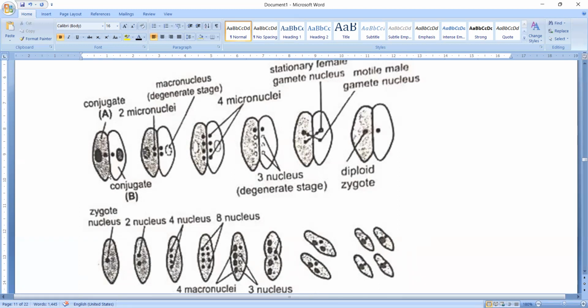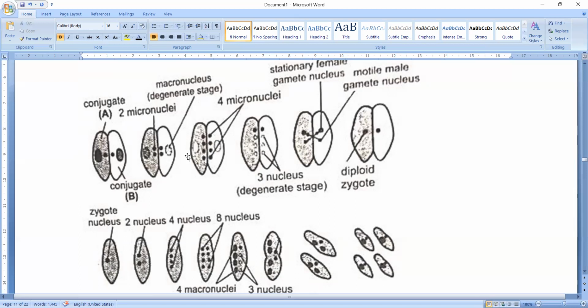It is a temporary attachment. As Paramecium is bigger in size,